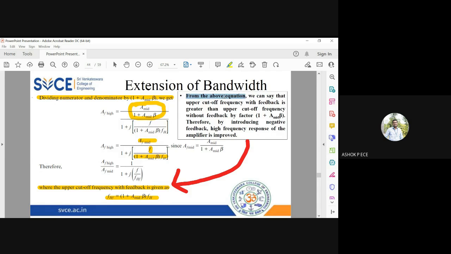From the equation we can say that the upper cutoff frequency with feedback is always greater than the upper cutoff frequency without feedback, because it is multiplied by a factor, and that factor is a very large number, (1 + A_mid β). So thereby, if you introduce negative feedback, the high frequency response of the amplifier is very much improved. So low frequency response is improved, high frequency response is improved, lower cutoff frequency is getting reduced, upper cutoff frequency is increased. So the bandwidth is effectively going to be